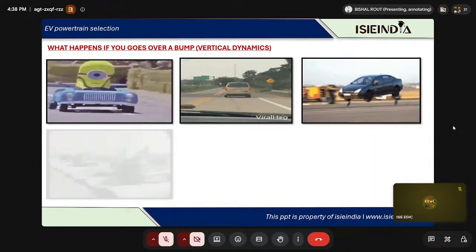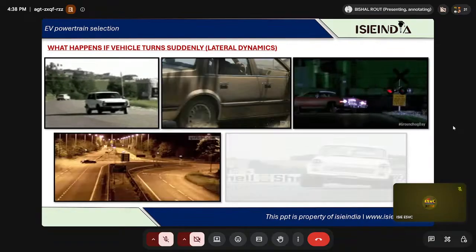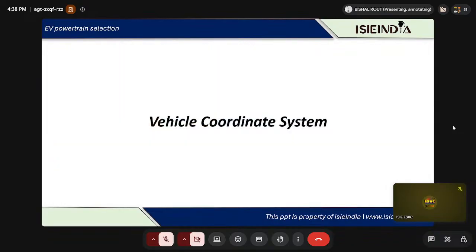So now we're going to understand longitudinal vehicle dynamics. What exactly is longitudinal vehicle dynamics, and how does it perform? Prior to that, a small introduction to coordinate systems. Whenever we are studying vehicle dynamics, the coordinate system means